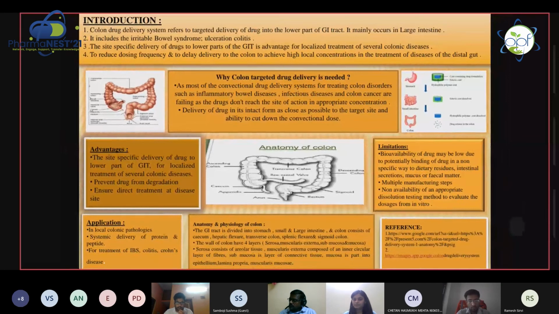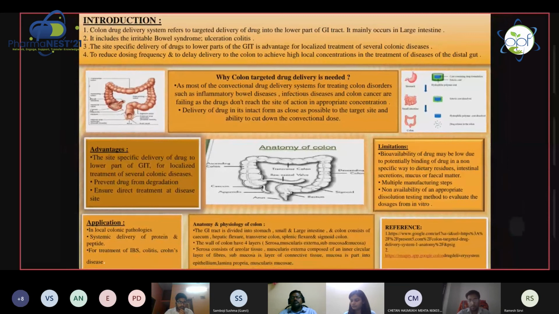Now we have to know the pH of the colon. Actually, radiotelemetry has been used to measure the gastrointestinal pH in healthy subjects. On entry into the colon, the pH drops to 6.4 plus or minus 0.6, in the mid colon it is 6.6, and in the left colon it is 7. There is a fall in pH on entry to the colon due to the presence of short chain fatty acids arising from the bacterial fermentation of polysaccharides.